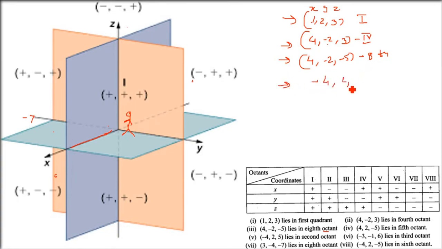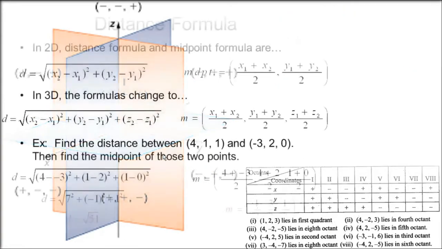Now let me tell you one more. Minus 4, 2, minus 5. X is negative, so you go in the back direction, this direction. Y is positive, so you are in the positive direction. Z is negative, so you are going below. Wherever your brother is living, just below that, whichever tenant is living, is that quadrant. So which one is this? Minus 4, 2 and minus 5 is the 6th quadrant. Okay.